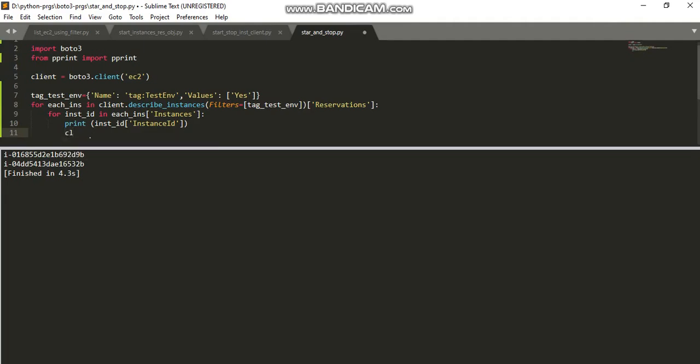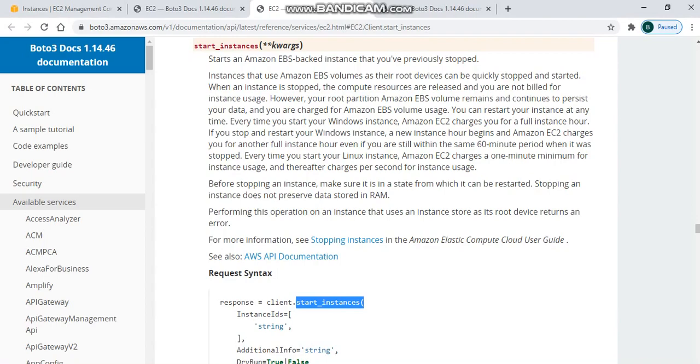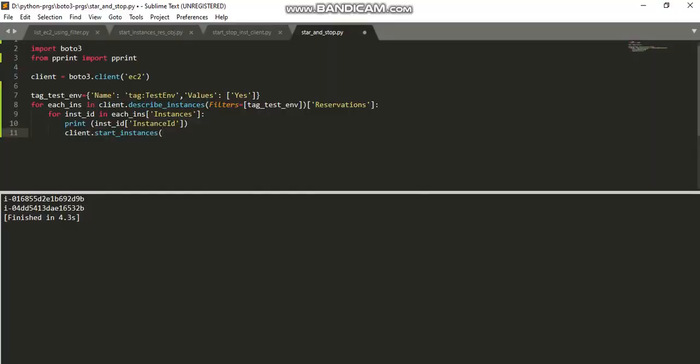My client here is client dot start instances method, and the argument for this method is instance IDs, right? So for each instance, let me pass this instance ID to the instance IDs, right?